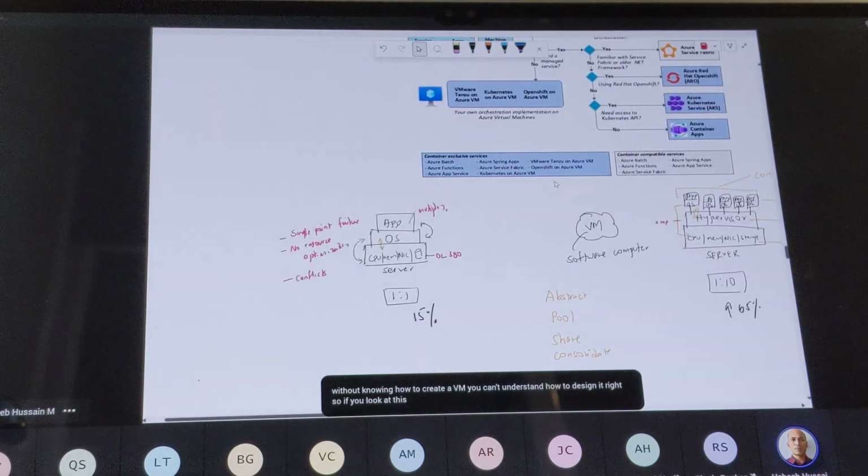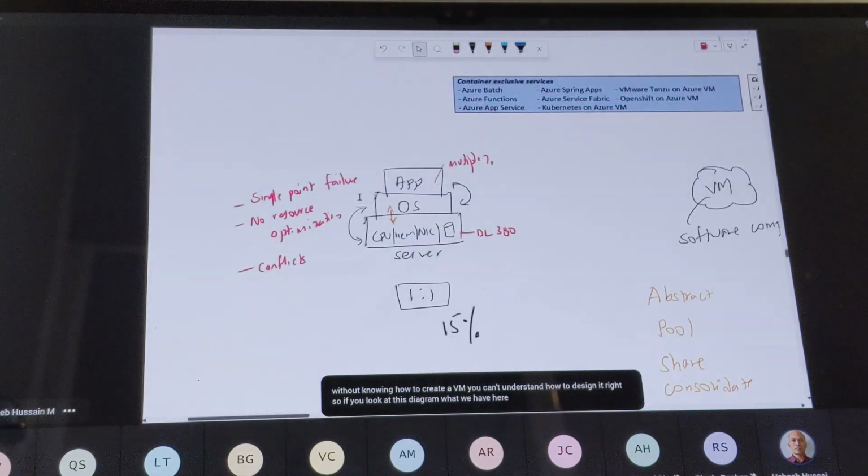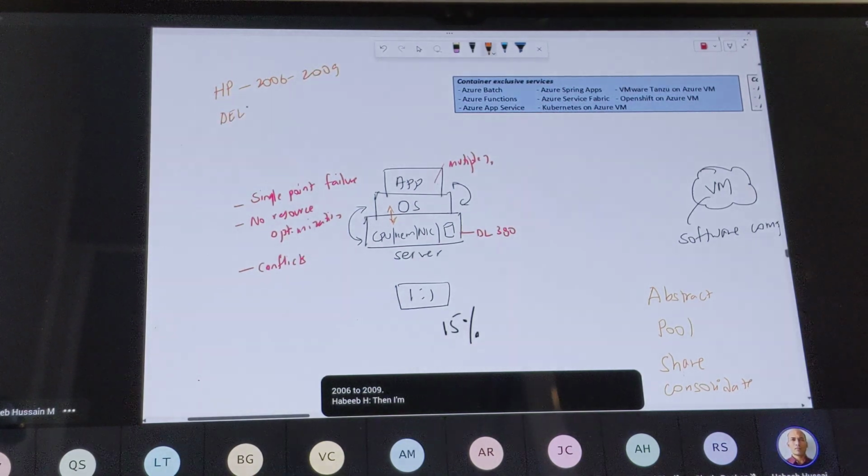If you look at this diagram, what we have here are the different stages IT has transformed through. If you remember from my experience, I told you that I started working for HP back in 2006, from 2006 to 2009. Then I moved to Dell, 2010 to